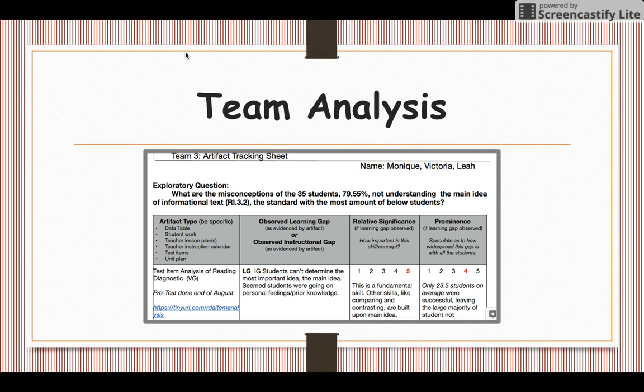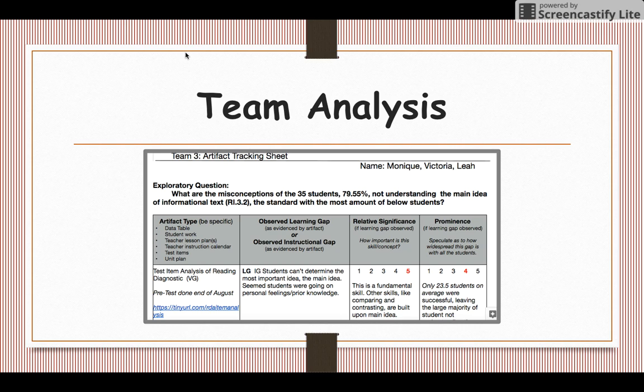Venables has an artifact tracking sheet to help document this. And here it is. I want to point out that prior to me taking this class, it was very challenging, or it seemed overwhelming, to decide what skills to prioritize, because everything seemed important.